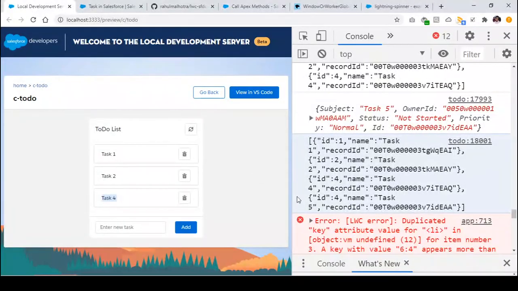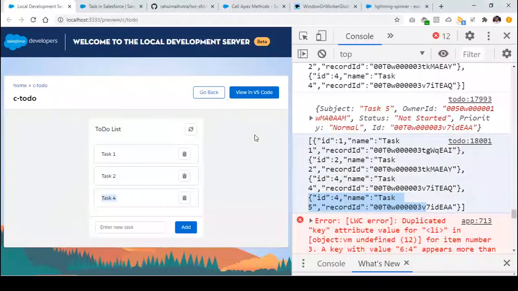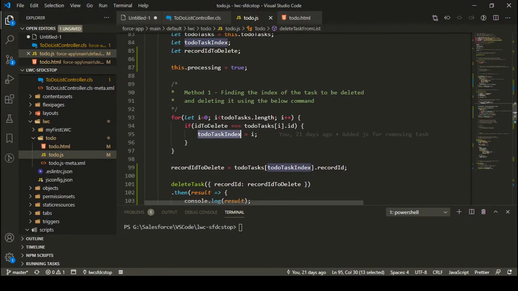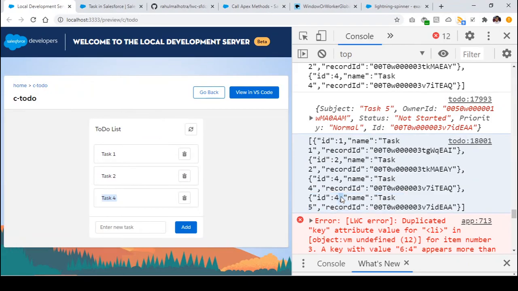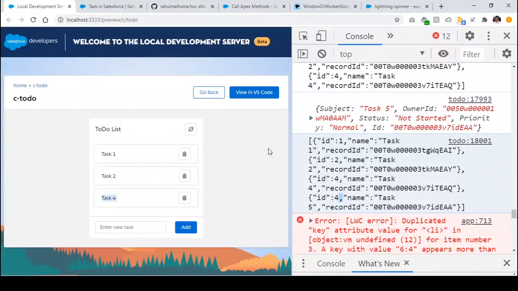But when I moved on to the next element in the array, because it is a for loop running there, I checked that my ID to delete is equal to the task ID. So this condition was true for another record as well. So this particular condition, that is ID to delete is equal to task I dot id, was true for both the records. So in case I wanted to delete this record, it is coming at the end, so it worked perfectly fine.